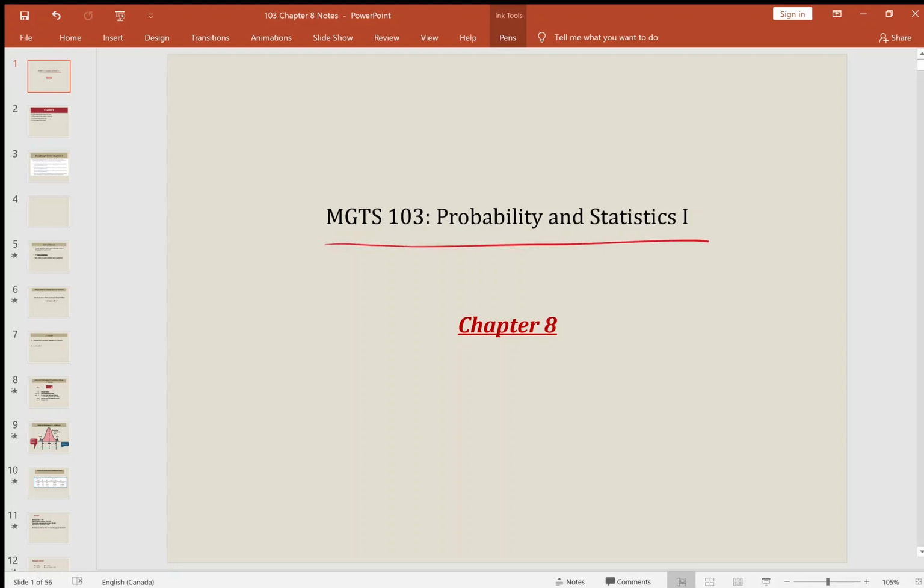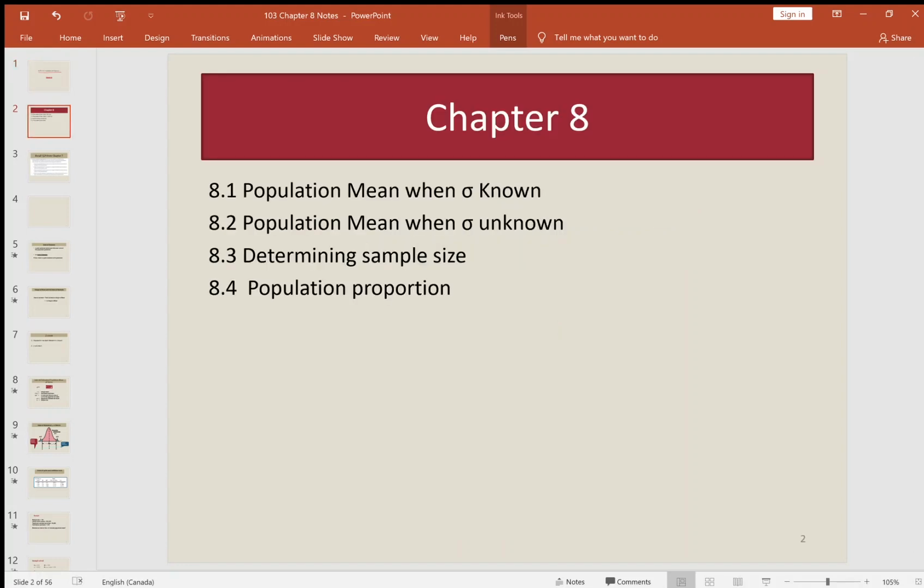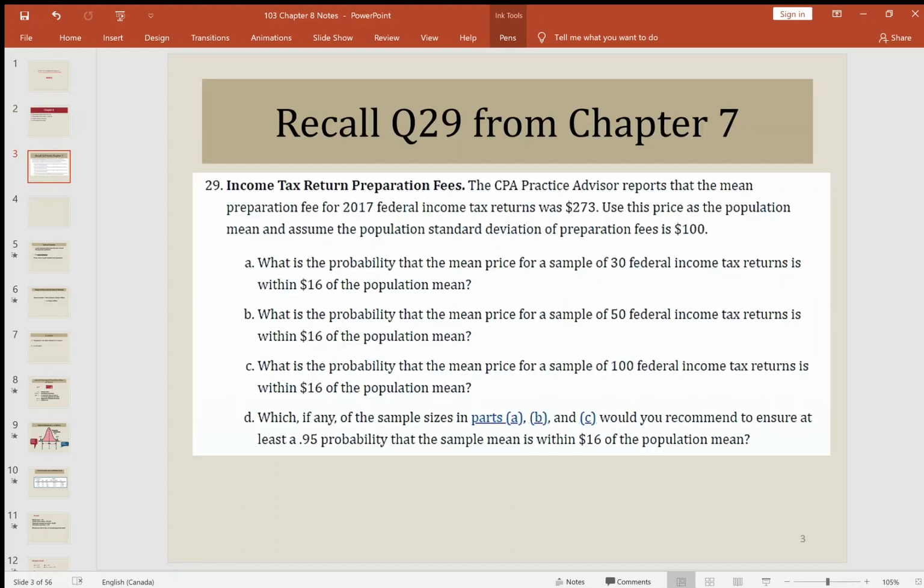And as we have done in the previous videos, it would be best if you open your slides from Blackboard in one window on your computer and then go through this video in the other window. Okay, so before we get into this chapter, we'll go through these four sections, and essentially let's just go back to this problem